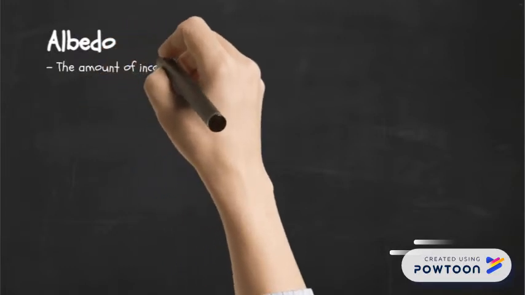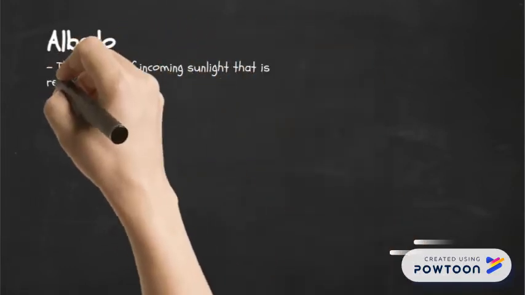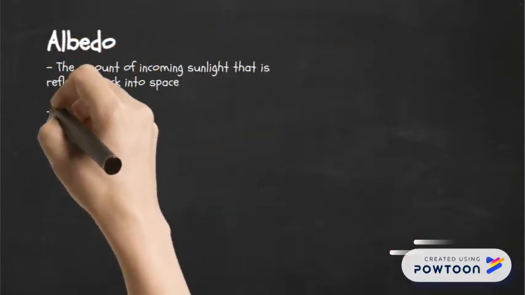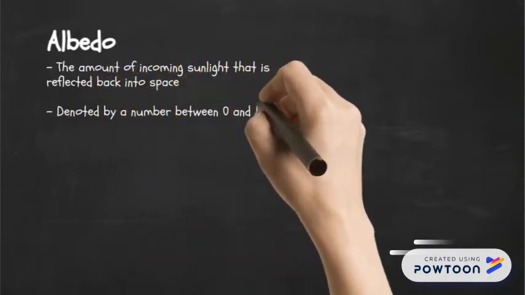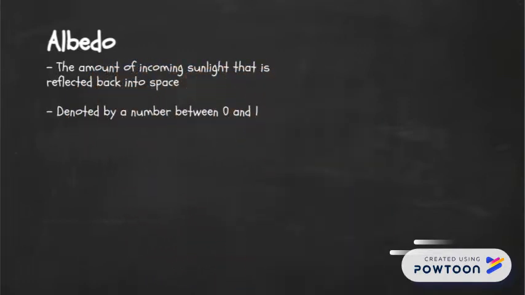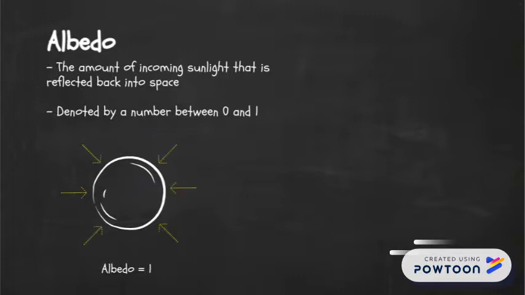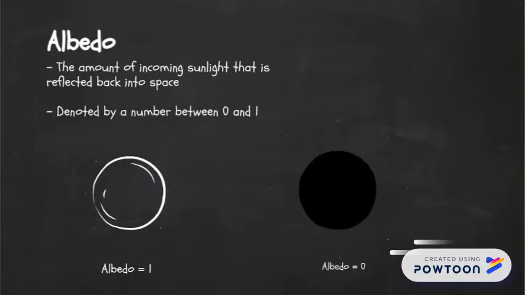Albedo can be described as the amount of incoming sunlight that is reflected back into space and is usually denoted by a number between 0 and 1. The more reflective an object is, the higher its albedo, and vice versa. For example, an object that is perfectly reflecting would have an albedo of 1 as it reflects all incoming solar radiation, whereas if we had a completely black object, it would have an albedo of 0, indicating that all incoming